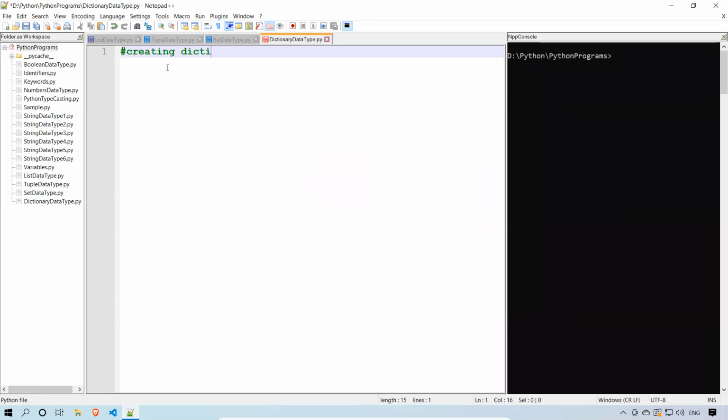Creating a dictionary: D is equal to empty curly braces, print of D, print of type of D. It is represented using the same curly braces which are there in the set.